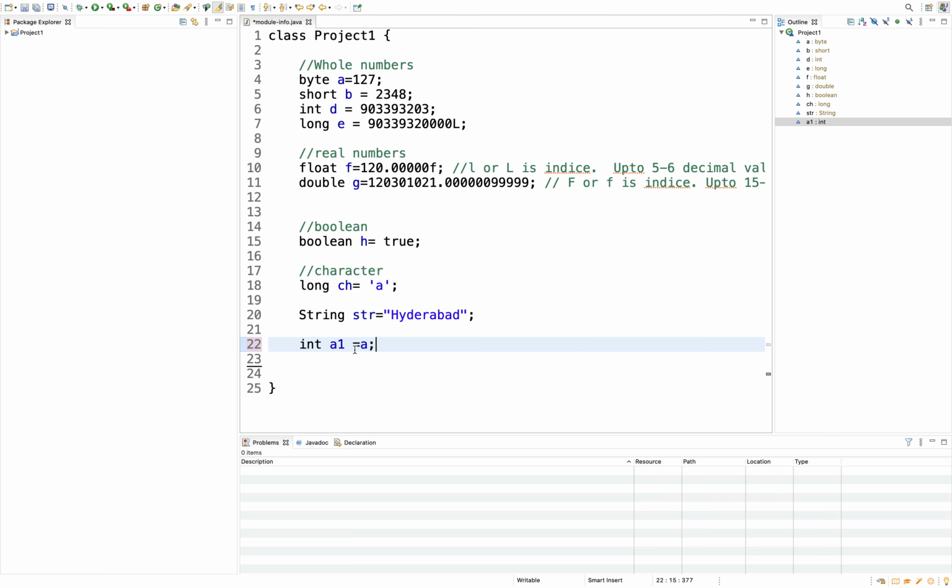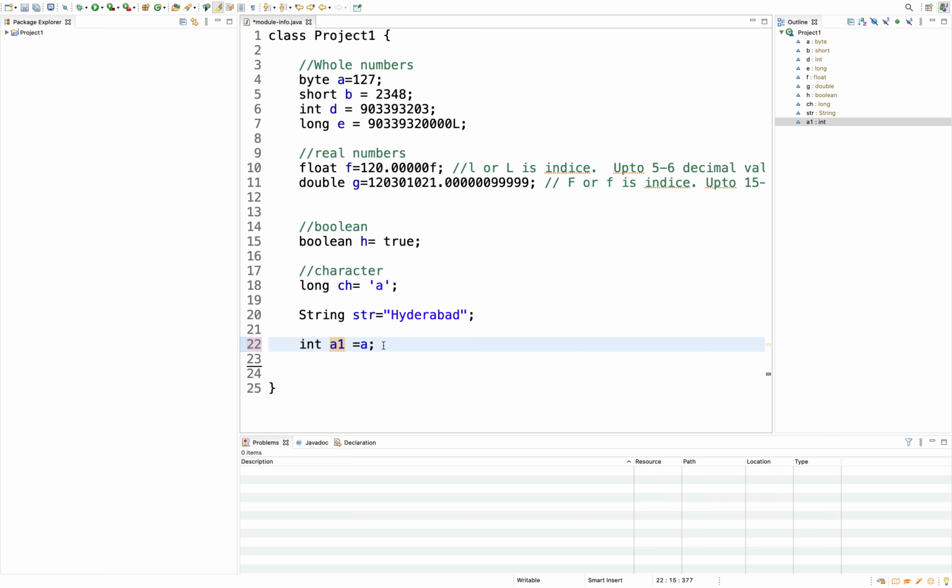Now if you see, the assignment happens here. You're storing a variable whose size is smaller than the targeted variable's type. In that case, we call this implicit typecasting.